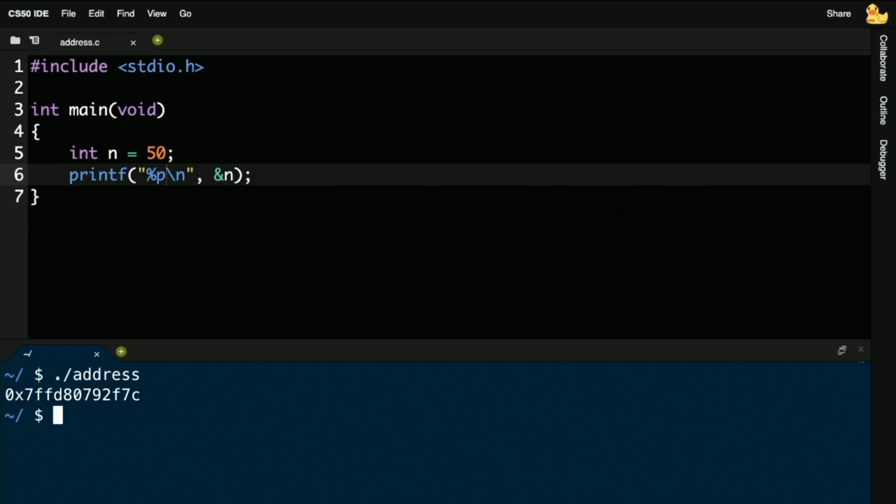Not in practice necessarily. We're going to make this become useful by leveraging these addresses, but the specific address is not interesting. I'm glancing at this number. I have no idea what that number is in decimal. I would have to do the math or frankly just Google a converter and do it for me. So again, that's not the interesting part. The fact that this is in hexadecimal is just an implementation detail. It happens to represent the location of this variable.